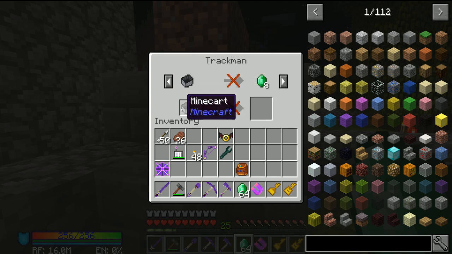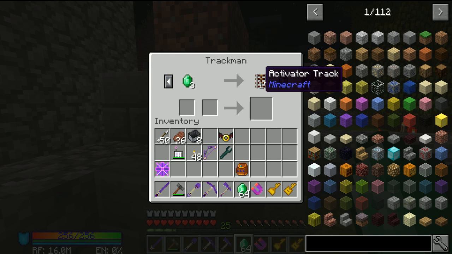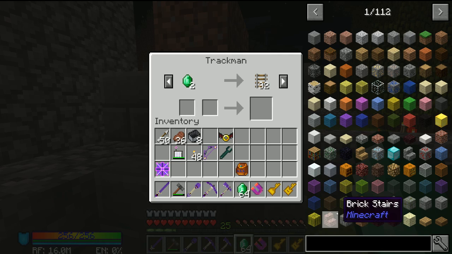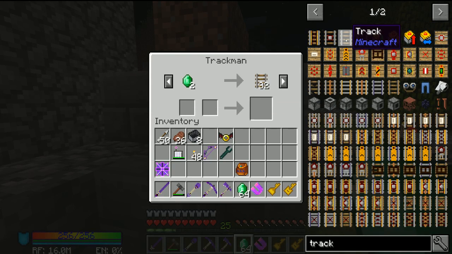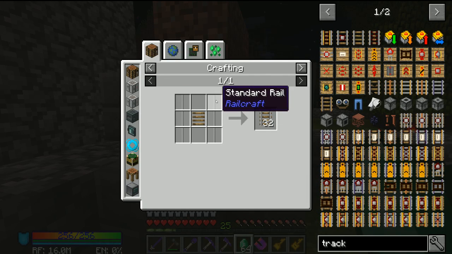Aww, only a stack at a time. Get some more, buddy. 8 for 1. 1 for 8. Well, at least you're even. I don't really need this detector track, though. So, activator track, booster track, regular track. Well, let's see. The recipe for that is like... I think of the iron equivalent, right? See if we can't be making money in this. You get 32...